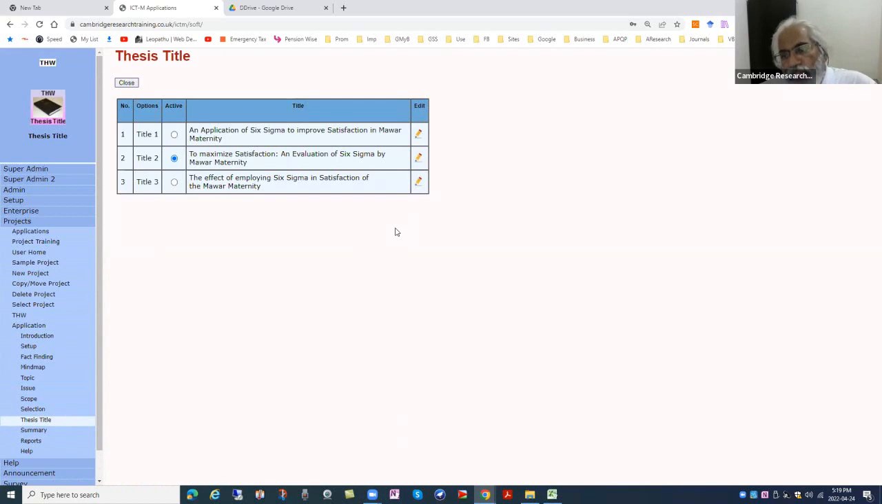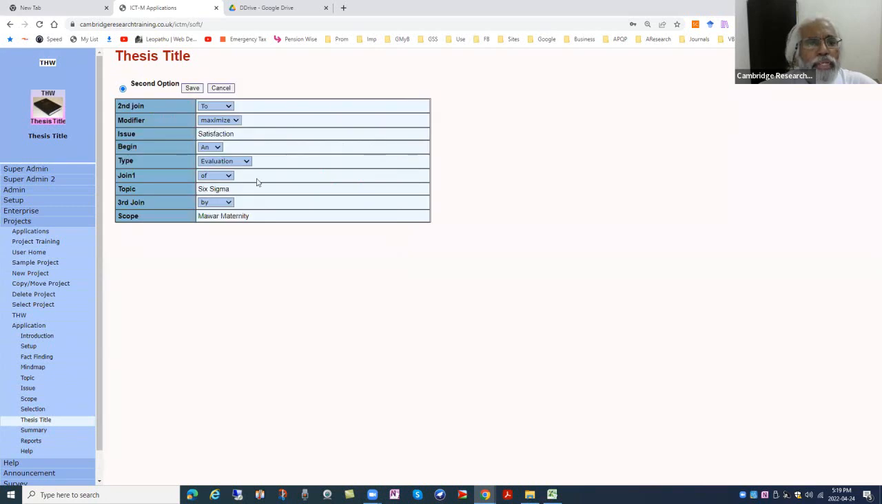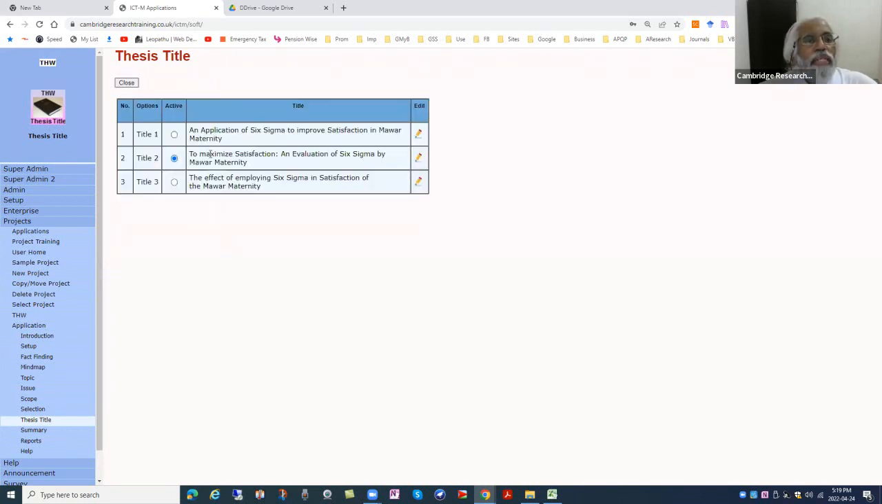Again, this is not a training session, just an awareness. And so what we'll do is we can go and edit the topic. For example, here we are simply using drop-down boxes to maximize satisfaction and evaluation of Six Sigma by Mawa Maternity. So when you have selected this, then you see that